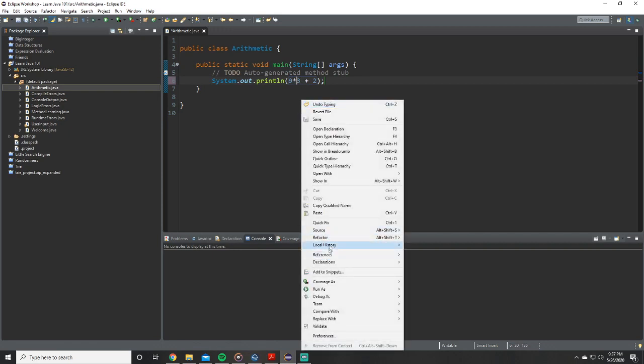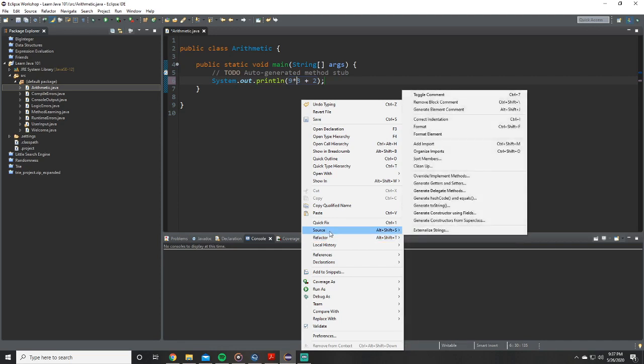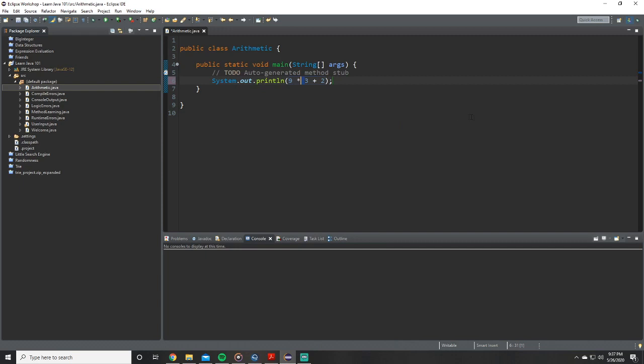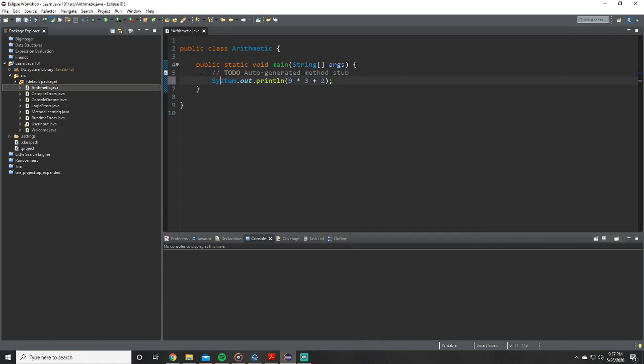If I right click, and I think it's in refactor, source, format, it formats it to how code should be written. So if you ever need to do that, just right click, go to source and format, or you can do Control-Shift-F as a shortcut. I always use toggle comment because I prefer to comment that way rather than having to type in all the comments. So if I were to run this,